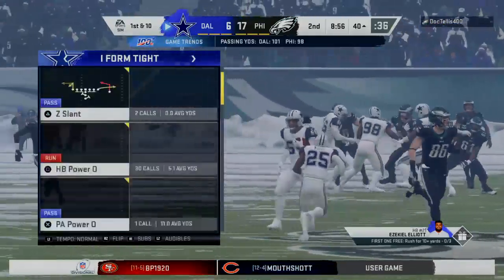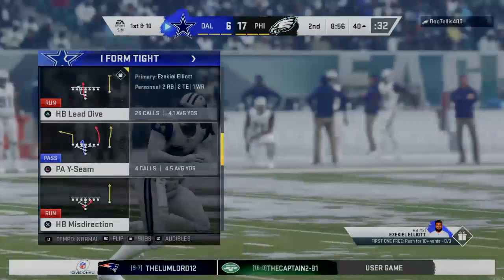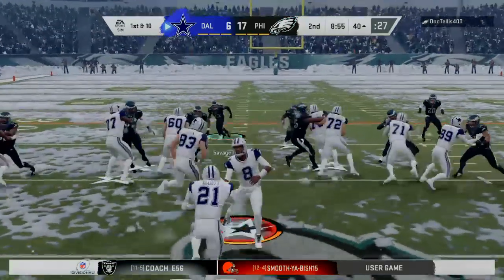And this might not be the last interception we see, Brandon. Both of these teams like to throw the football, but here in this snow, ball's not going to always go where you want it to. And this one winds up getting intercepted. They'll run on